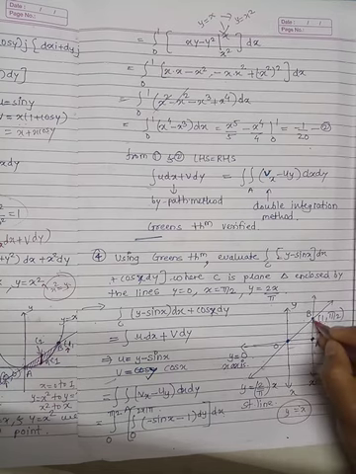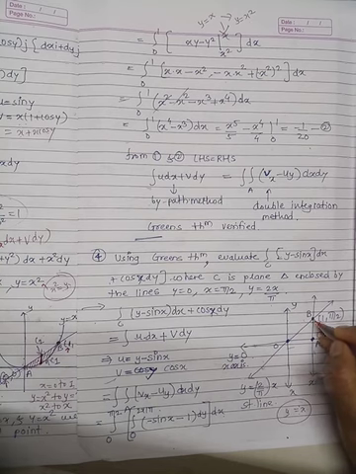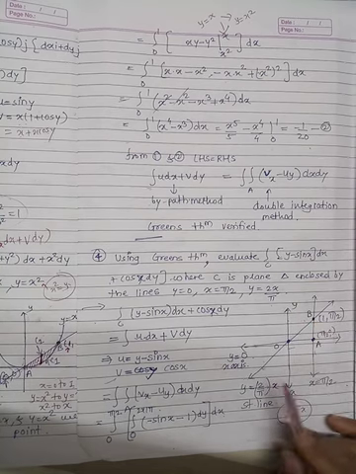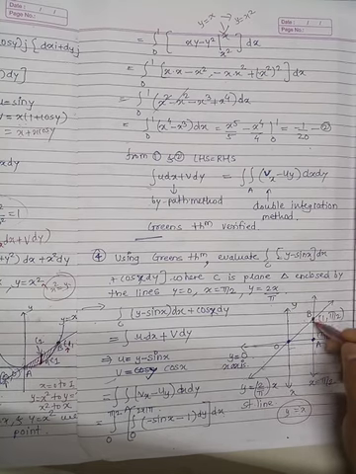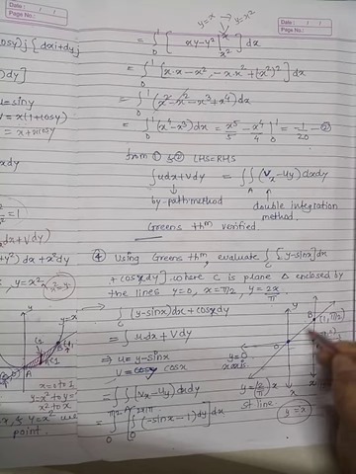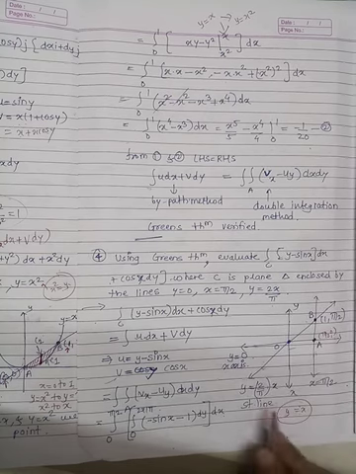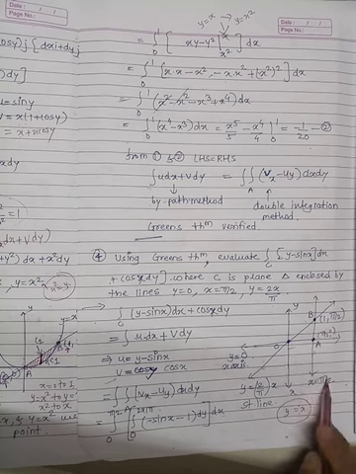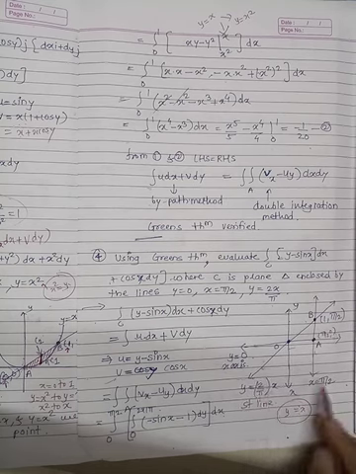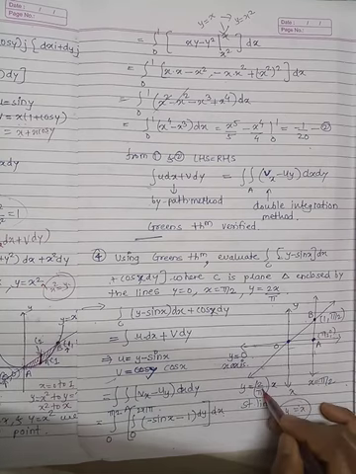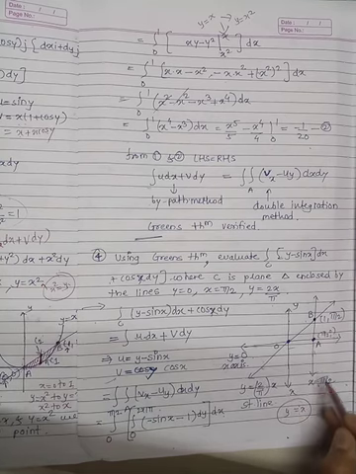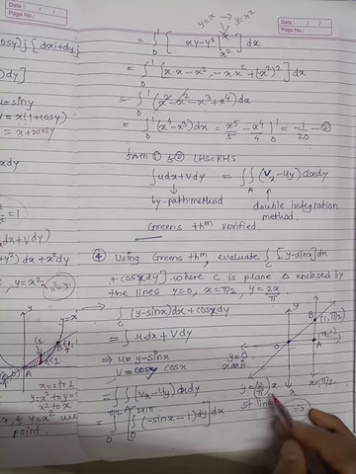So we have to find the intersecting point. Solve these two straight lines. This straight line is x equal to pi by 2, and this straight line is y equal to 2 by pi x. So solve these two equations, put one equation in the other. This is easy. Put x equal to pi by 2 in this, we get pi by 2. The 2 cancels, pi cancels, we get y equal to 1.